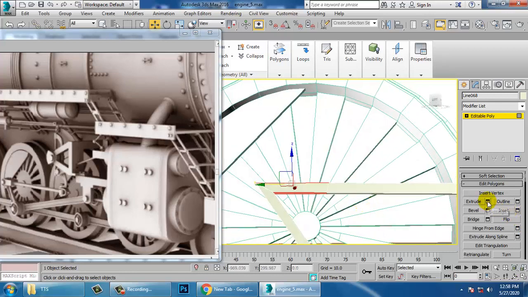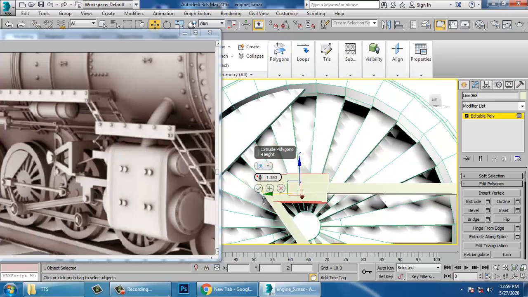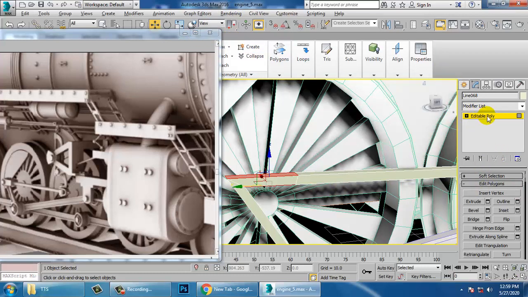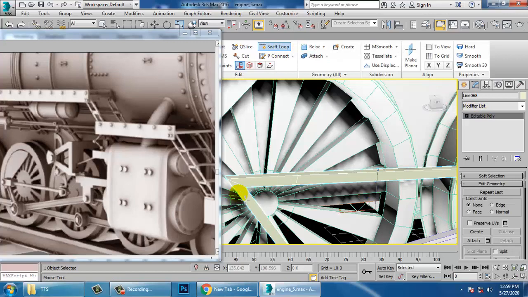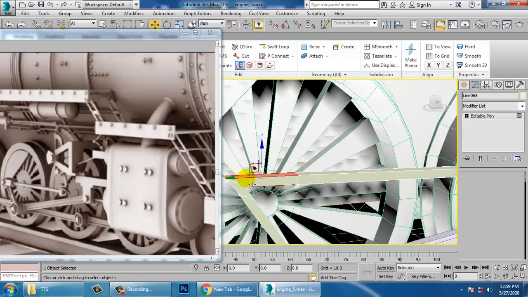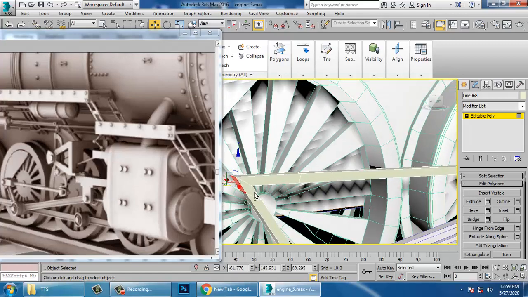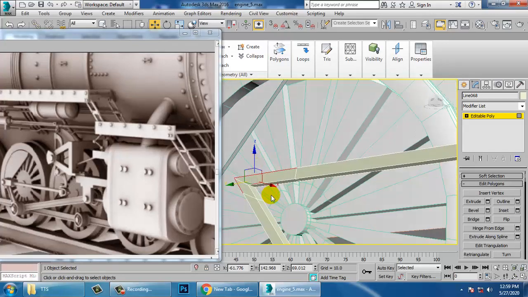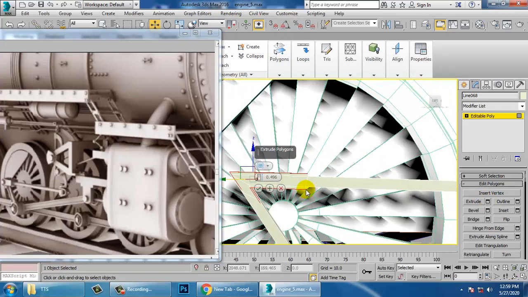Extrude it a bit. If you want, you can put a loop over here, not a problem. You can just come out of it and put one loop over here. Go into this polygon. Just extrude a bit, by local normal. Click OK.